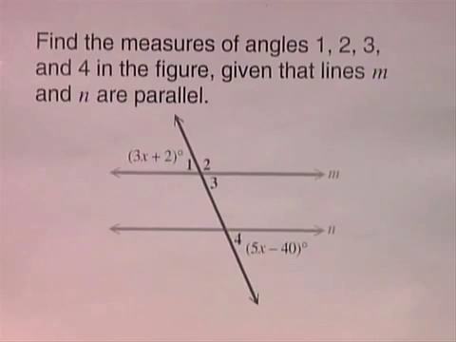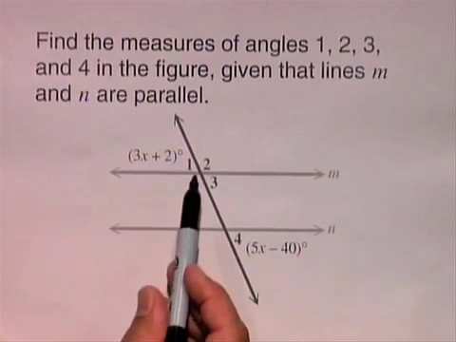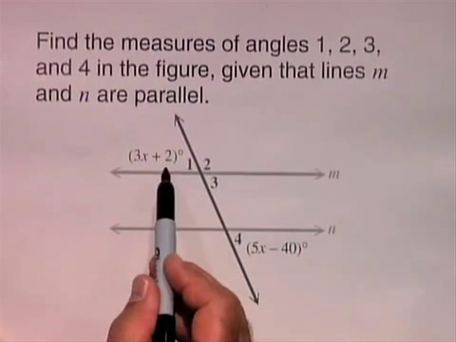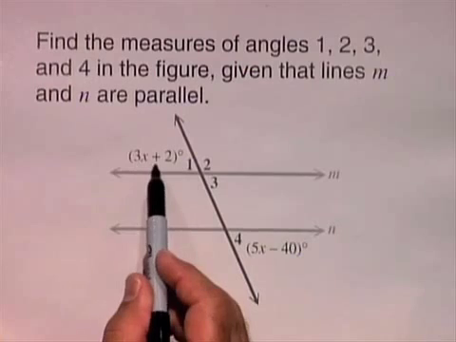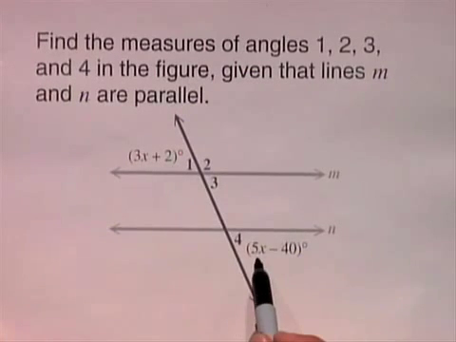In this example, we'll be finding the measures of angles. Find the measures of angles 1, 2, 3, and 4 in the figure, given that lines M and N are parallel. Let's examine this and notice that we are told that angle 1 is 3x plus 2 and angle 4